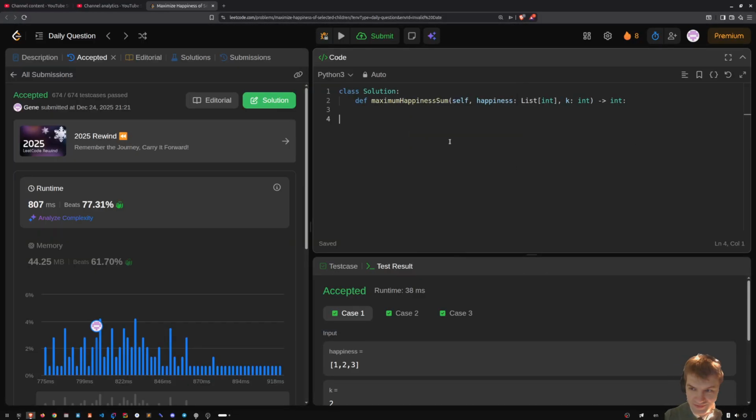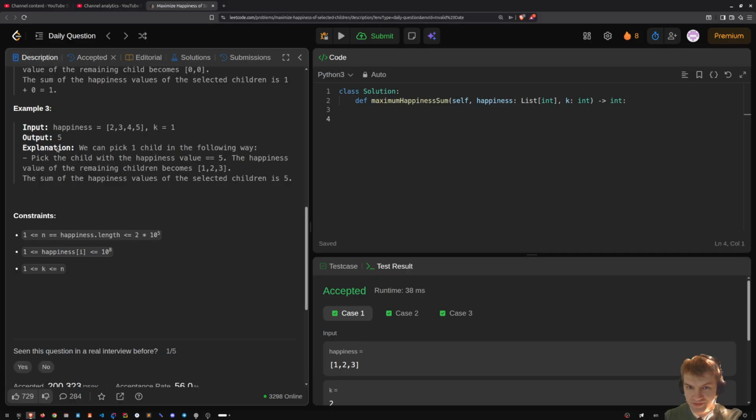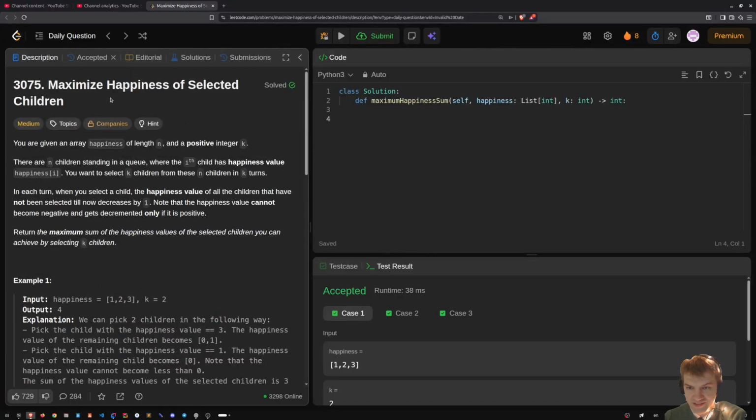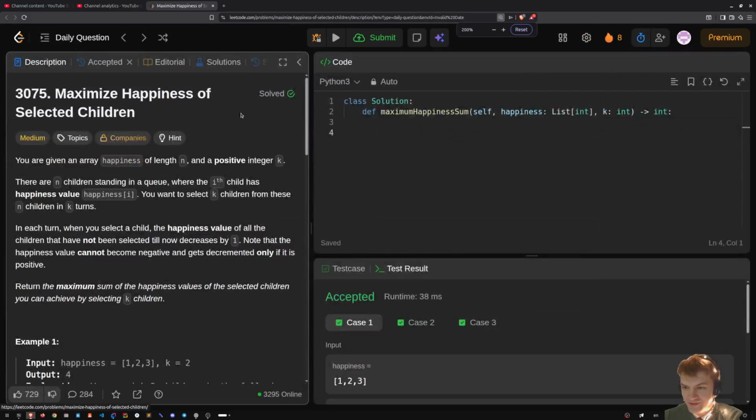Okay, so today I'm gonna be solving this problem: Maximize happiness of the selected children. So my idea is